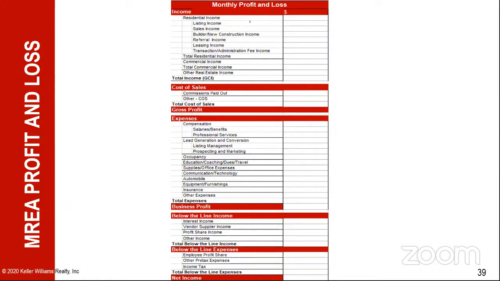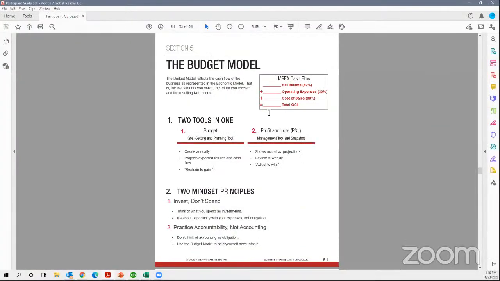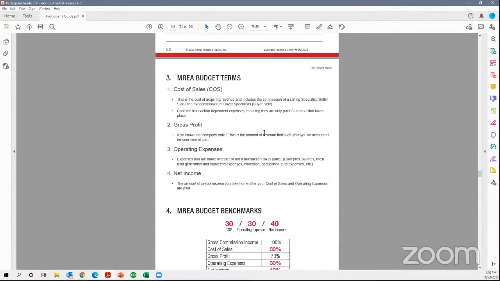You're going to have a copy of the budget that you're going to use for yourself, and a copy of a P&L that you can fill out as well. If you go to page 5.9 of the student workbook,